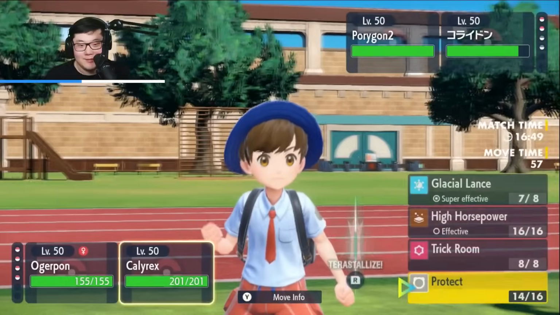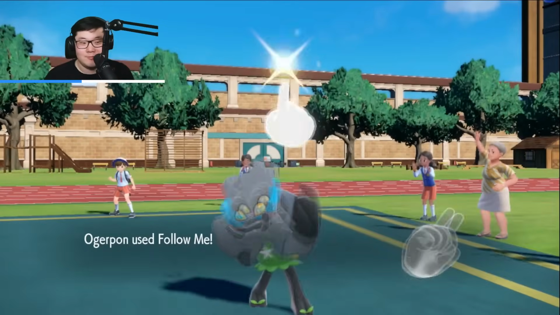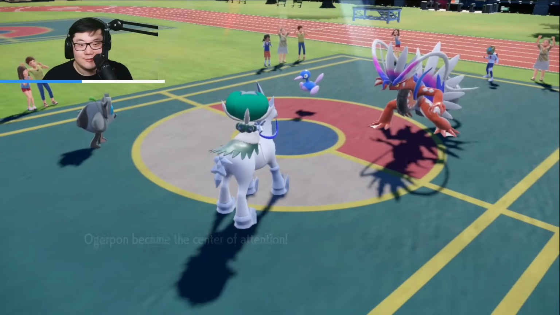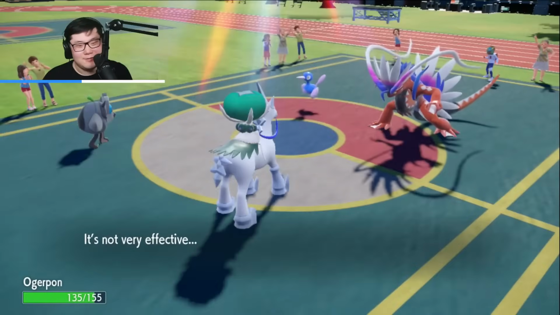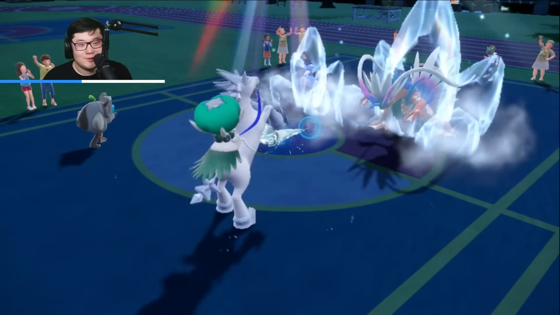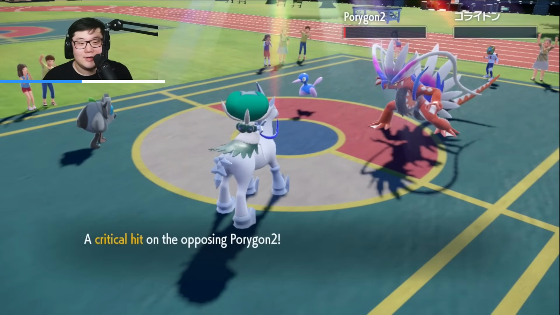I'm able to go for Follow Me Glacial Lance, I suppose. I'm pretty sure once Kyogre comes in, once Trick Room expires, I just get to click Water Spout Glacial Lance, and then they just guarantee lose. And they just refuse to Terra. I'm just shocked. Like, what is this Koraidon Terra? Because I feel like it should be Terra Fire, but they just refuse to Terra. I guess maybe they're like, again, maybe Ivy Cudgel. Also,